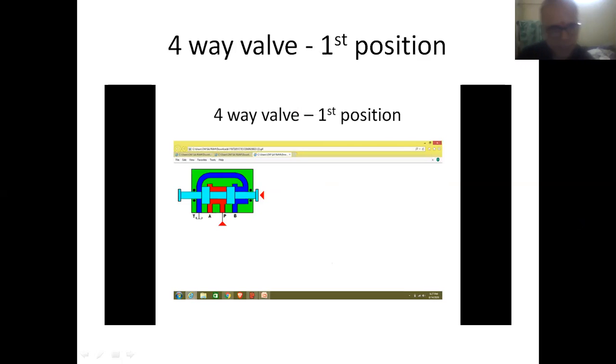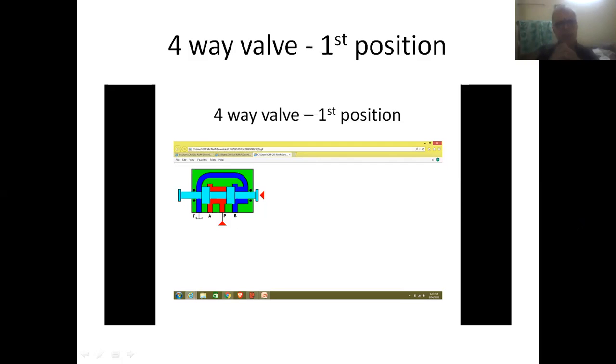So friends, here this is another example for indicating the first and second positions of the four-way valve. Here this is the first position of the DC valve. Therefore, the inlet is in contact with the first outlet and the second outlet is in contact with the exhaust port.